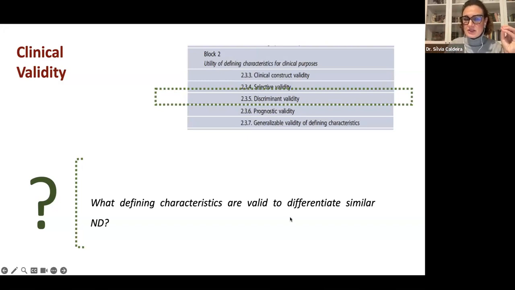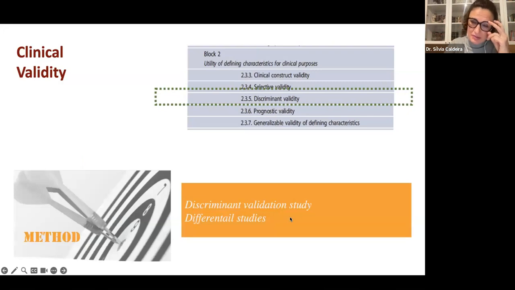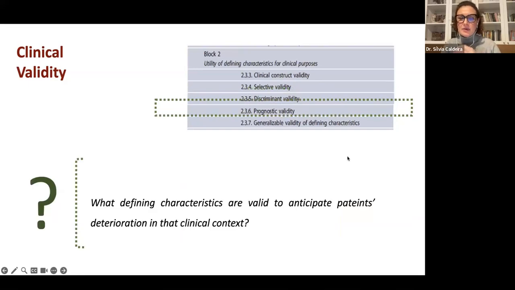And this type of research we can do by discriminant validation studies or differential studies. Differential studies are not frequent, but I think it's a really good priority to improve the transparency of the taxonomy of NANDA International. When we move to the question, what defining characteristics are valid and anticipate patients' deterioration in that clinical context,